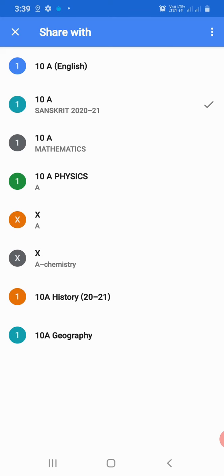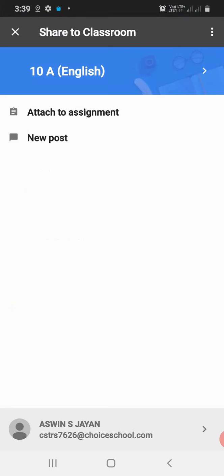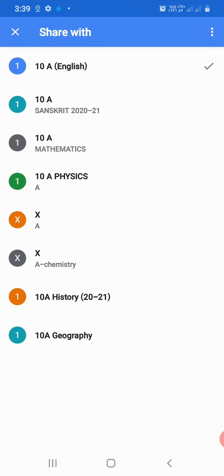If your paper is English, you have to select English. If your subject is physics, you select physics. For science, one single link, the physics teacher or chemistry teacher or biology teacher will send you. It will inform you also. Maybe physics, maybe chemistry or biology, the teacher will share all these papers. Don't worry. But Sanskrit, no problem. Sanskrit is an individual subject, mathematics is an individual subject, history and geography also like that. Sometimes you have to send the file to history.